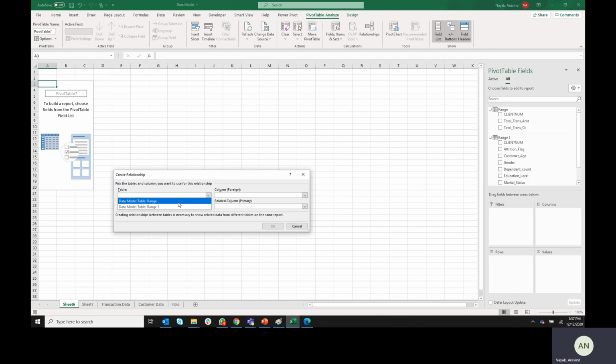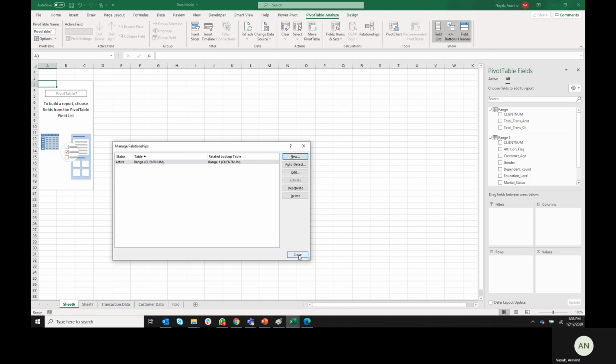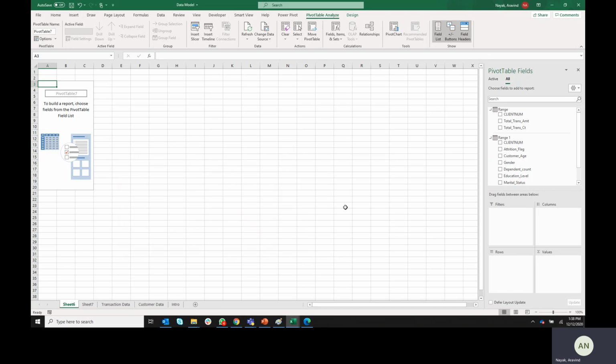In the drop-down here you get to see both the Range data model tables created. Click on one of the tables here and the second table here. Click the common field in both the data sets and click on OK, and then click on Close. And if you want to see the diagrammatic representation of the model that you just created,